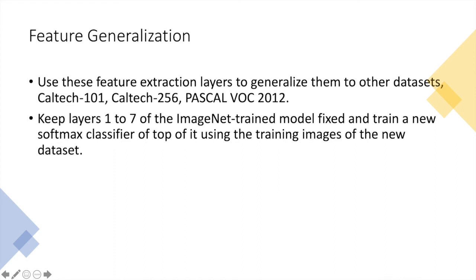The authors have generalized the features trained by ImageNet and built the model by using the pre-trained model to do image classification on other image datasets. What they have done is that they have fixed the first 7 layers trained by the ImageNet dataset, and they've added a softmax classifier on top of that. Then they just trained the parameters of the softmax classifier on each of those datasets, and they have checked the